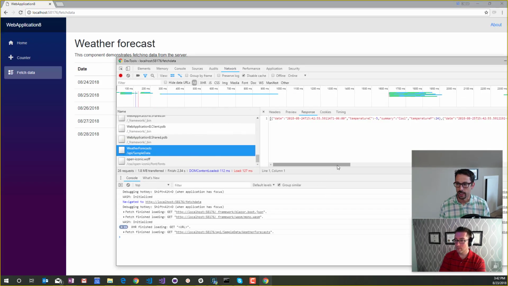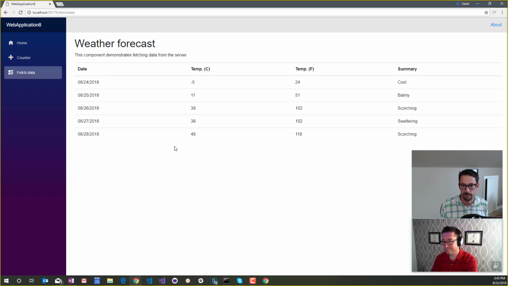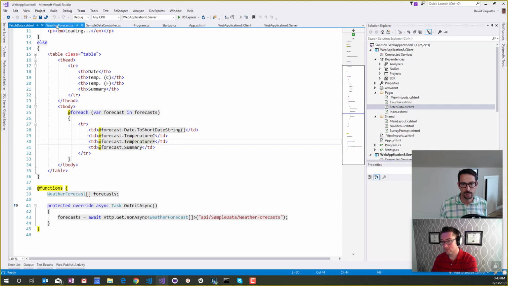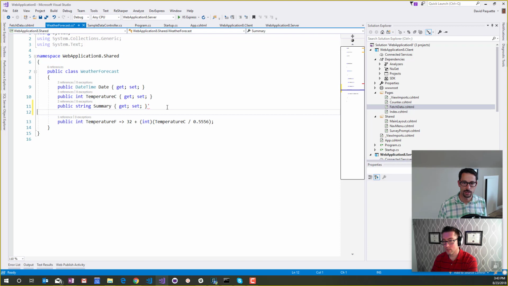So if we look at the call here, the thing from this sample that is a little bit funny is that because that temperature Fahrenheit is implemented as a getter, it's still getting serialized and passed across. So I'm just going to make a quick change here that I totally didn't test ahead of time to test a theory, but I'm going to remove the getter and switch it over to a method. So instead of, I wonder if this will work. So what we're going to do is